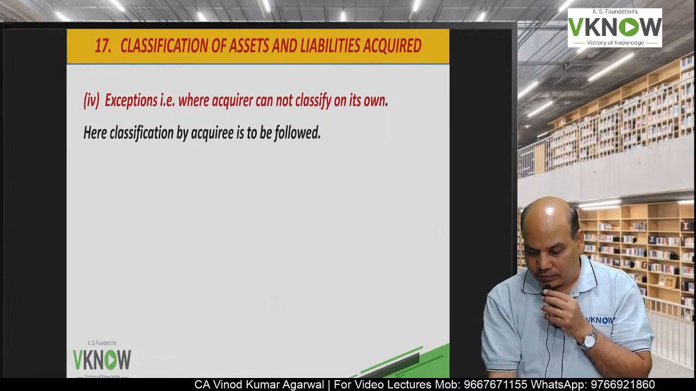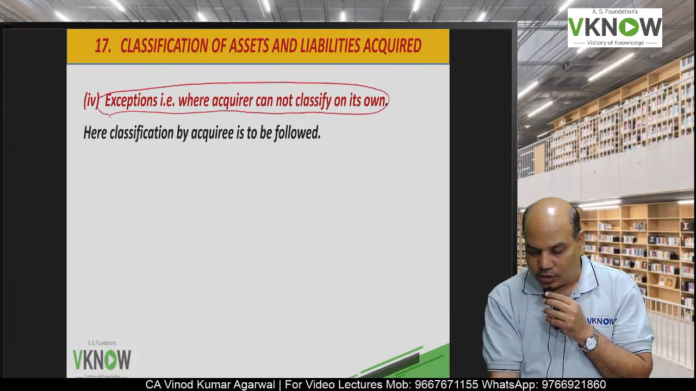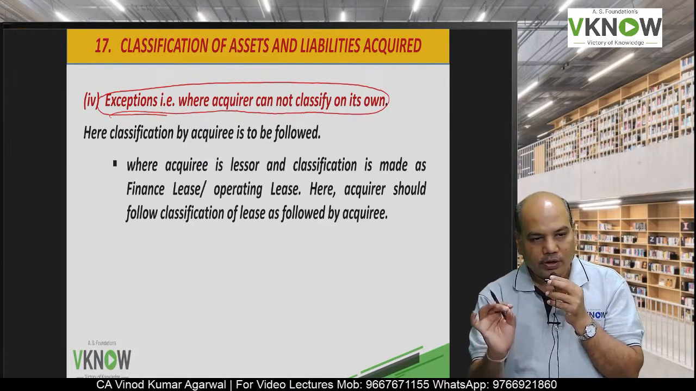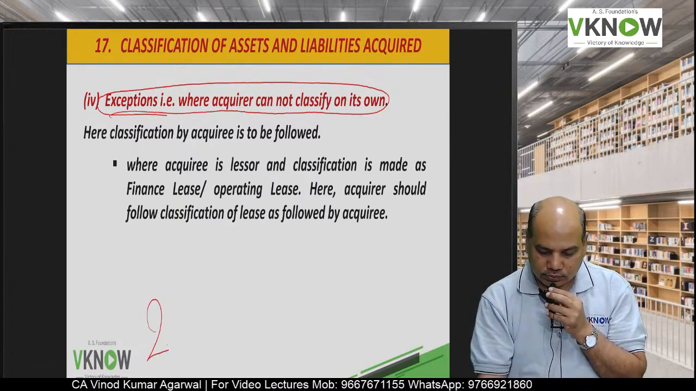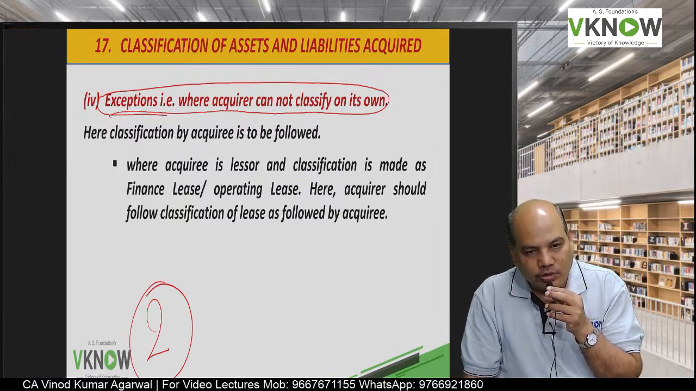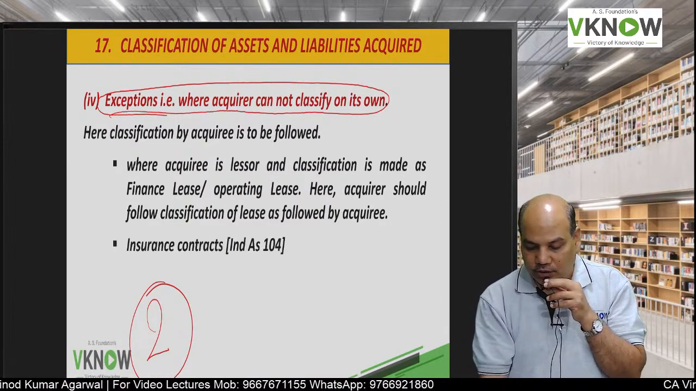Next exception, where the acquirer cannot classify on its own. Now here you have to keep in mind, they have given two situations in which you cannot change the classification. Which are these two exceptions? The exception number one is